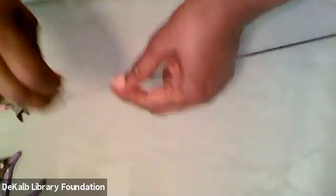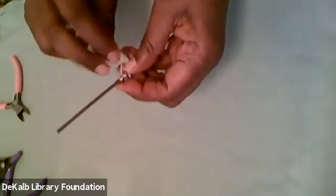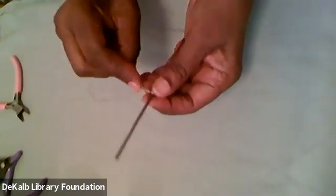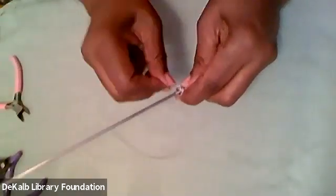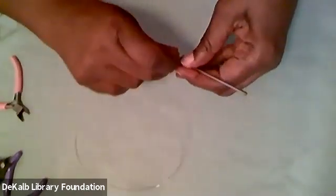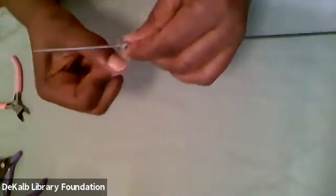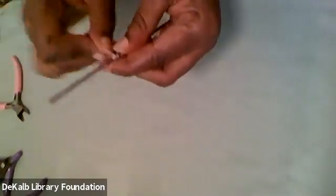So I'm just going to continue to loop and wrap and loop. Well, I hold it with my thumb. I just push it down with my thumb. And wrap some more. I'm going to go to the other side and make a loop. And it doesn't have to be particularly directional. You can do it in both directions, one direction. It's entirely up to you, because as I'm going to say again, it's supposed to be utter chaos, and that's